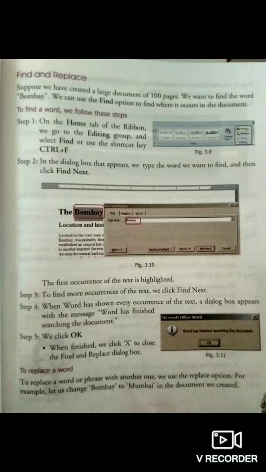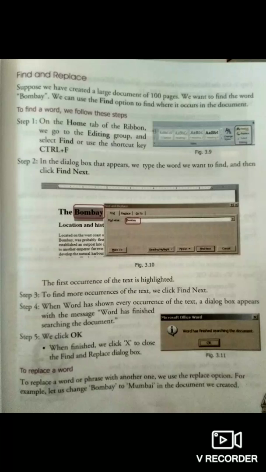Children, you can open your book page number 39, where you will find the find and replace button, right? After knowing spelling and grammar check, copy, paste, cut, move, etc., we'll proceed to the find and replace button. Find means to search for any word, and replace means replacing the previous word with a new word.